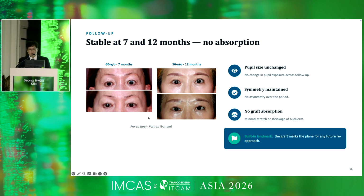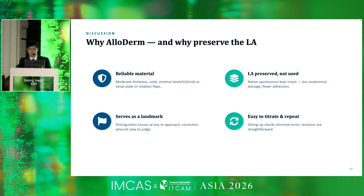Here, a 60-year-old at 7 months and a 56-year-old at 12 months. Pupil size was unchanged, symmetry maintained, and the allograft shows minimal stretching or shrinking. No resorption, no absorption, and the graft becomes a built-in landmark for any future reapproaches. While allograft is reliable and solid with minimal shrinkage,